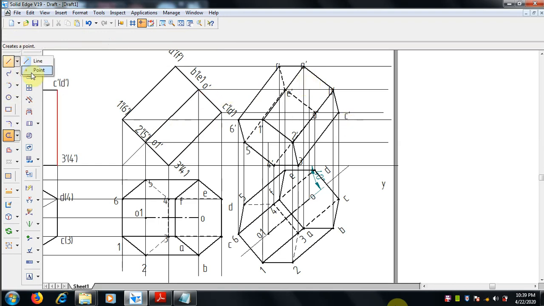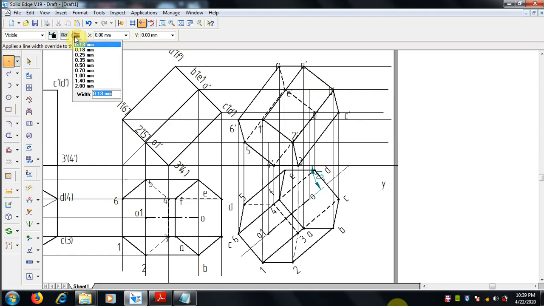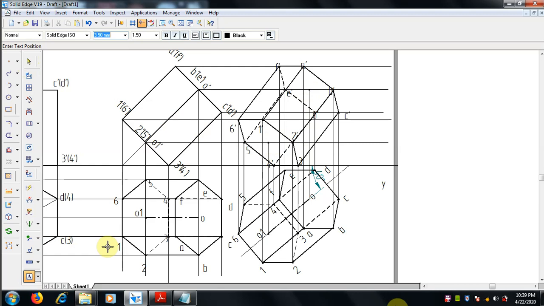Now draw the axis. Select center line between these 2 points. So here the bottom is O1 and here it is O dash top, right?